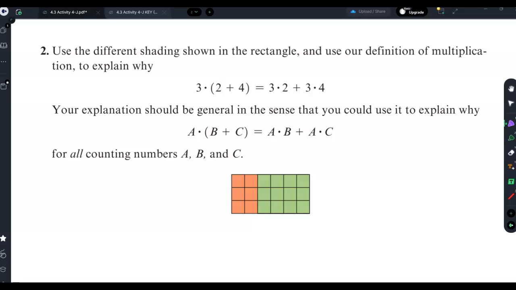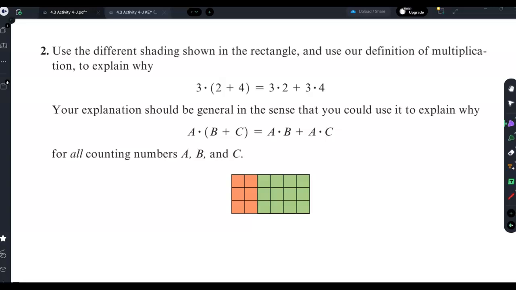Use the different shading shown in the rectangle and use our definition of multiplication to explain why 3 times the quantity 2 plus 4 in the parentheses equals 3 times 2 plus 3 times 4. Your explanation should be general in the sense that you could use it to explain why A times the quantity B plus C in parentheses is equal to A times B plus A times C for all counting numbers A,